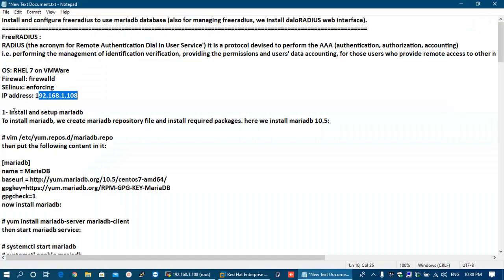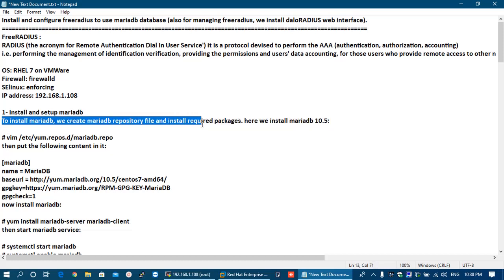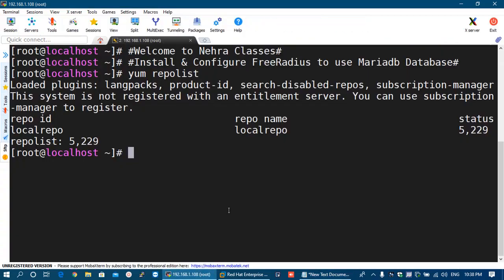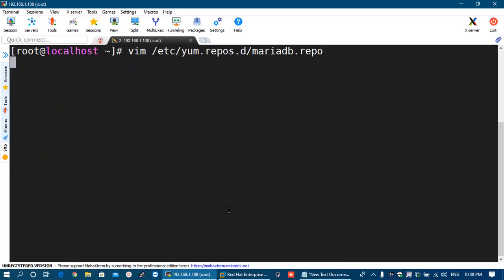After that, our first step would be to install and set up MariaDB in our machine, and for that we have to create the MariaDB repository file and install the required packages from that. To create the MariaDB repository, we will create a file inside the /etc/yum.repos.d directory with the help of the VI editor.